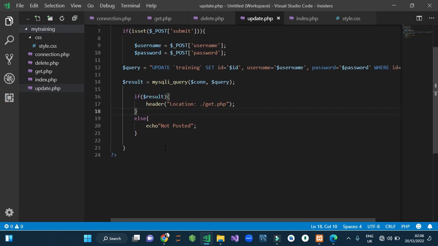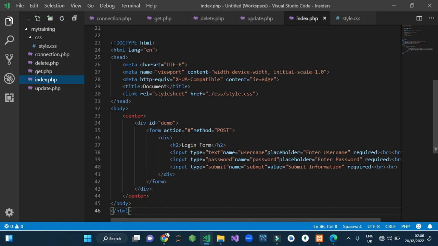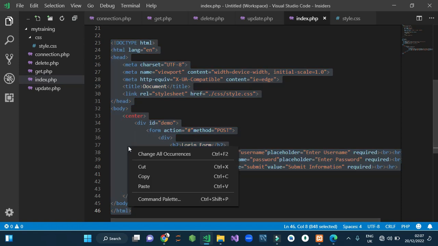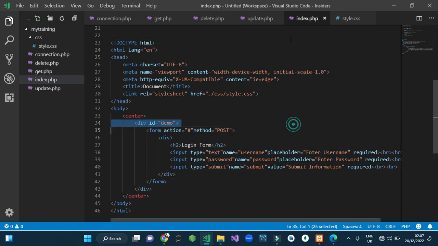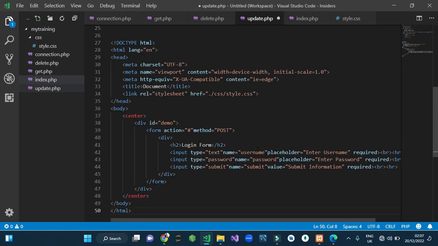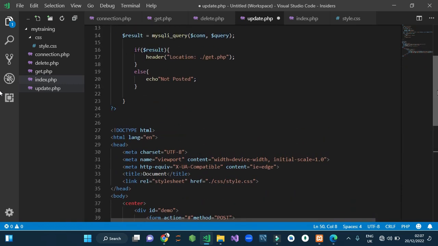Now there's something else we must also do here. Now we have to bring in a table, our table, because it's from a table that we'll be able to begin to do our posting and every other thing that we want to do. So now what I normally do is that I come to my insert here, the index, and I copy this, my htdocs here, the table I've already created. I copy it like this. I just copy it and I come and put it in my update here. I put it here in my update like this,